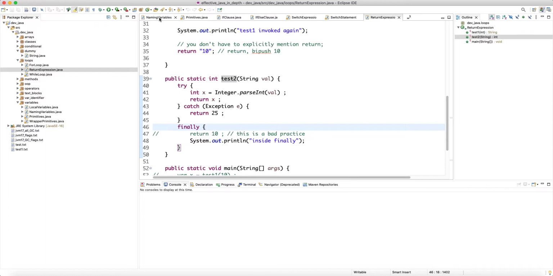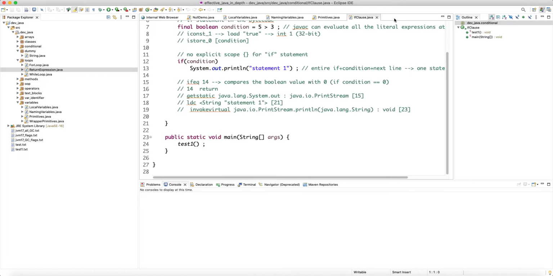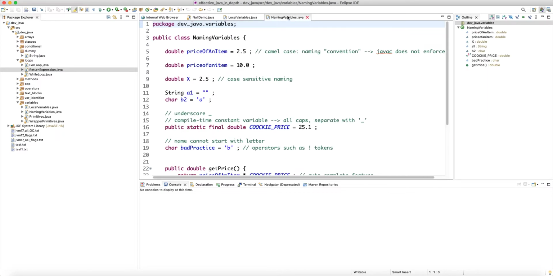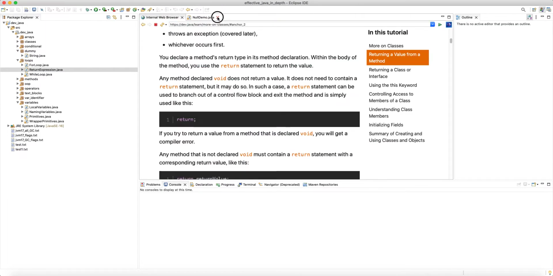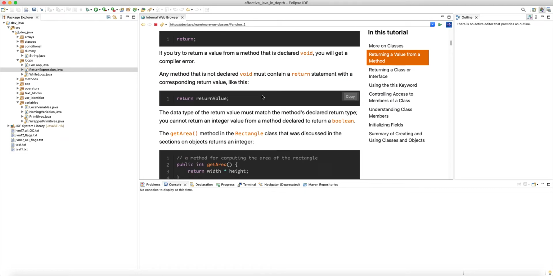So be careful about that. So let's close all of these and then go back to continue. If you try to return a value from a method that is declared void, you will get a compiler error. And again, the compiler and the JVM both expect